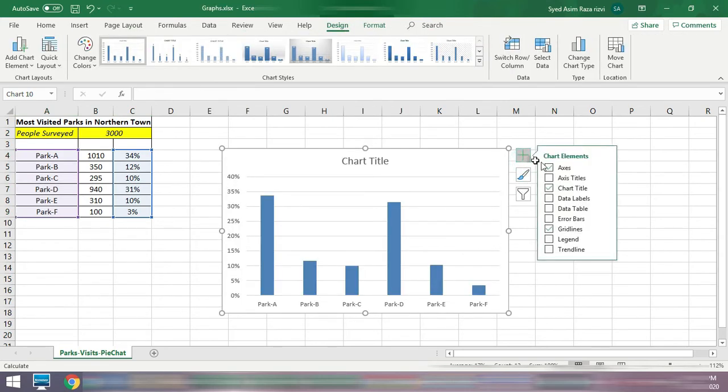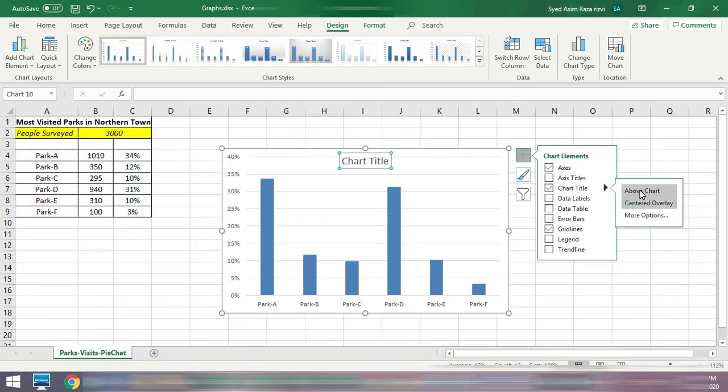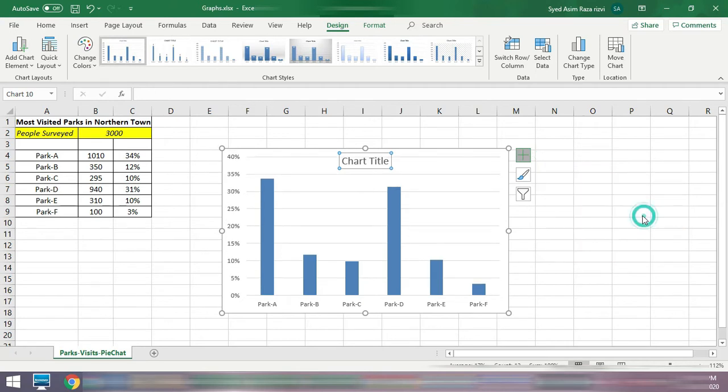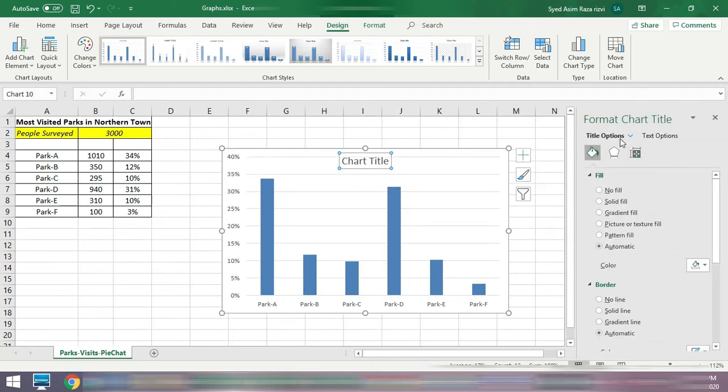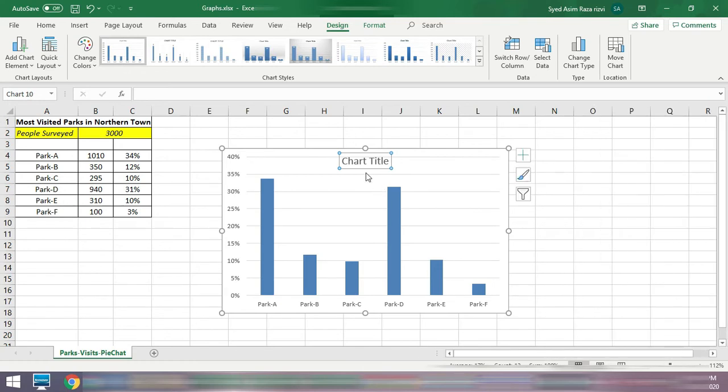Chart Elements. Go to Chart Title. You can see how it behaves. Check out More Options when you have enough time. For example, you can have gradient over here. You can have solid fill, and you can change the color from here. I don't need any of these, so I'm just going to close it. No fill, no title options, no text options for now. I'm going to select within this text box and write visitors